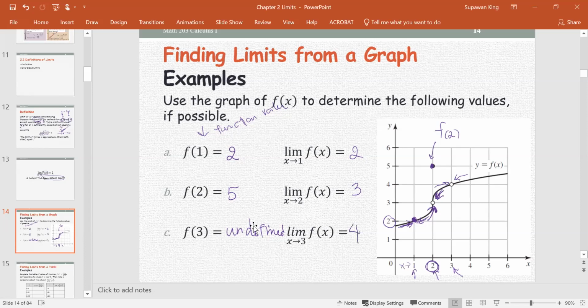Now you look at these 3 cases. You see the first one, no hole, no gap. The function value is the same as the limit value, right? The second case, you can find both of them. You can find the function value, you can find the limit, but they are not the same. They are not the same. All right, so